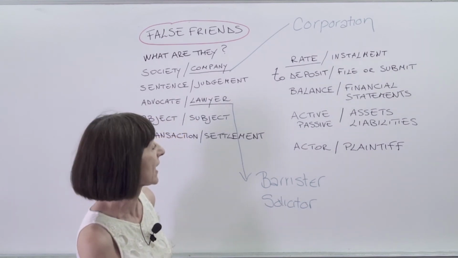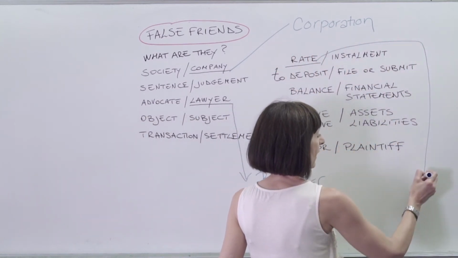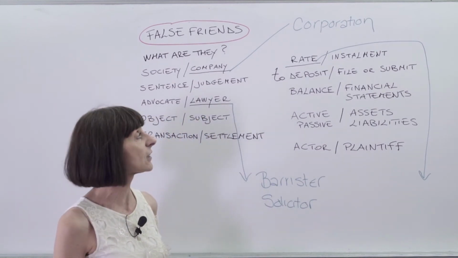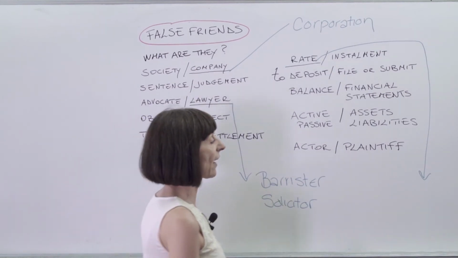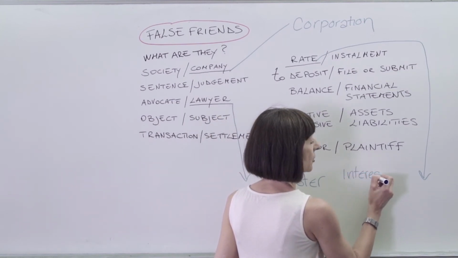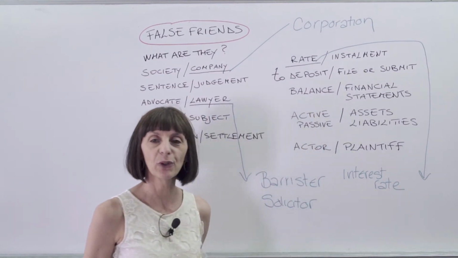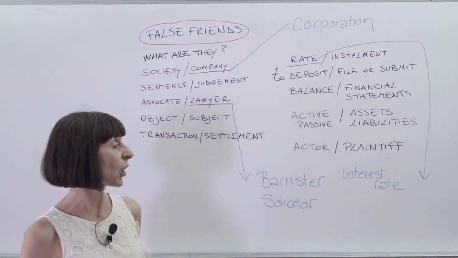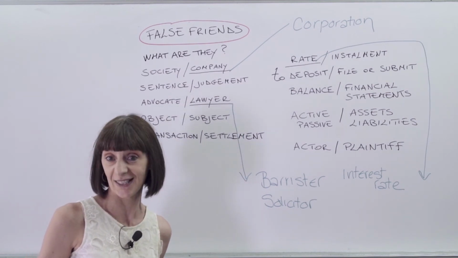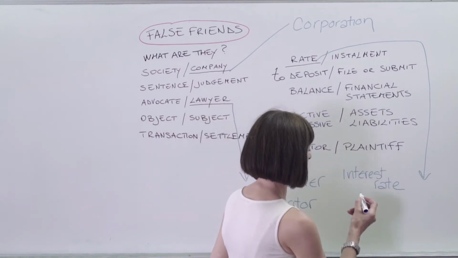Let's move on to rate, an interesting word. If we move down here, collocations. Rate is often collocated with a number of words. We have, for example, interest rate. For example, the Bank of England is going to cut interest rates in order to tackle the Brexit. Another example of rate is